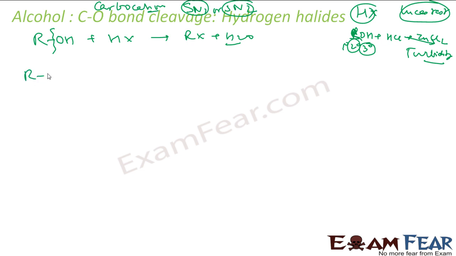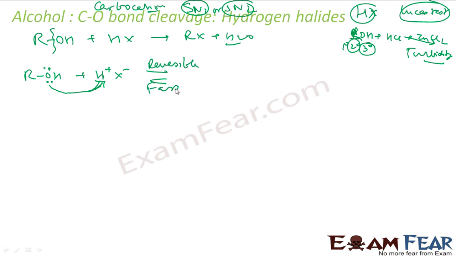So let's see, this is ROH and this is H plus X minus, HX. This is a pretty fast thing. My oxygen lone pair will attack H plus, because this has electrons. It's reversible actually